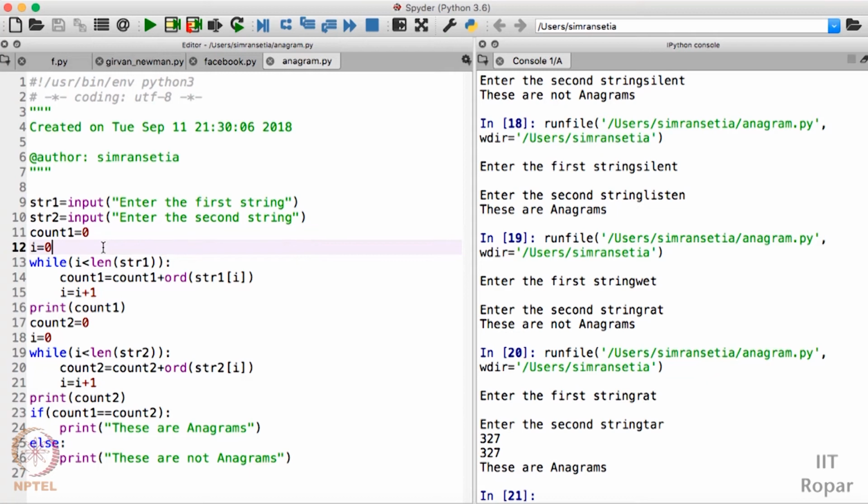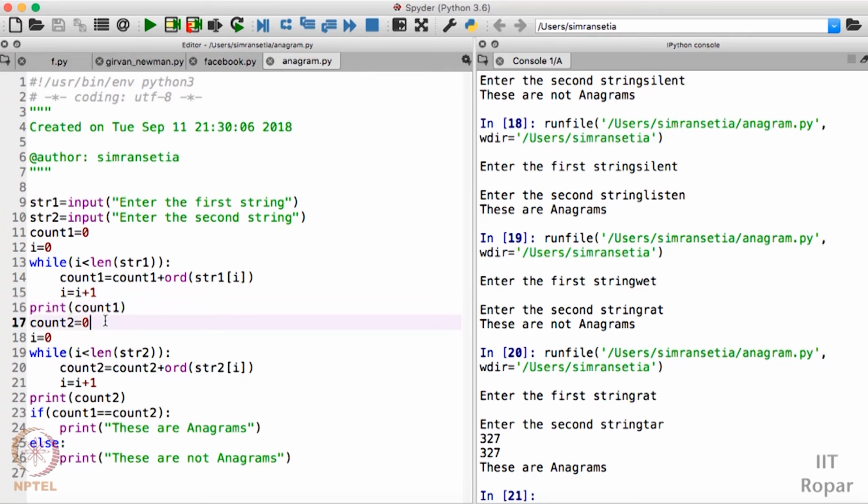I initialized I is equal to 0, then I'll have the while loop which will run till length of str1, and then we are storing the sum in count 1, and we are using the ord function to find the ASCII values. It will store the sum of the ASCII values of the characters present in str1, and then we are incrementing I here, and I am printing the sum of the ASCII values here of str1.